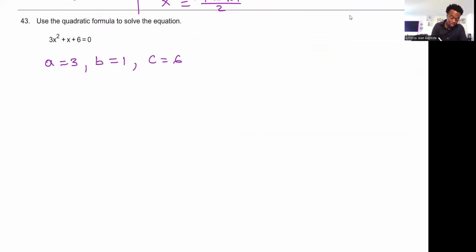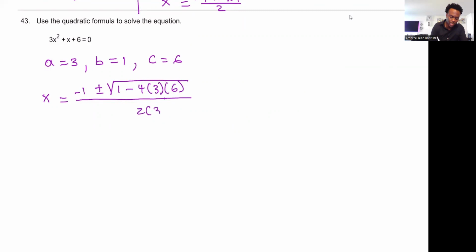Our quadratic formula is x equals negative b, negative 1, plus or minus the square root of b squared, 1 squared is 1, minus 4, a, 3, c, 6 over 2 times 3. So x equals negative 1 plus minus the square root of